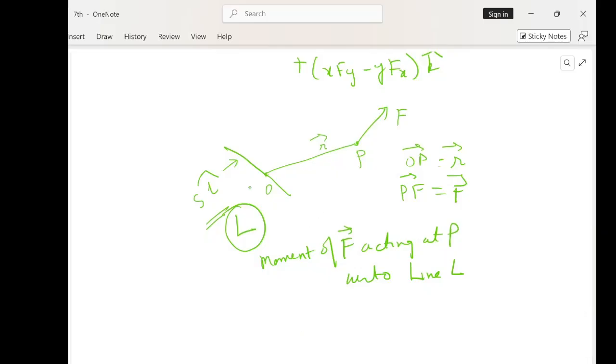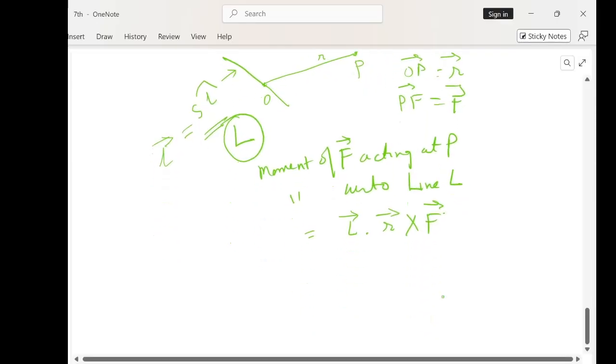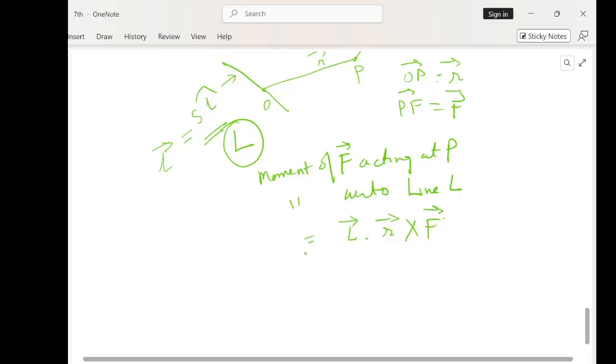Because you see here, this line is passing through the point with respect to which we have already measured the moment. Then to find out this particular moment, we need to take R cross F. We have seen earlier in our vector classes how this moment with respect to this line is given by a dot product. I am not going to explain it again, we are just simply using it, so as to get L dot R cross F.